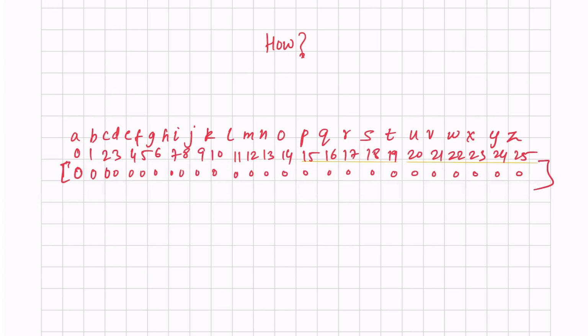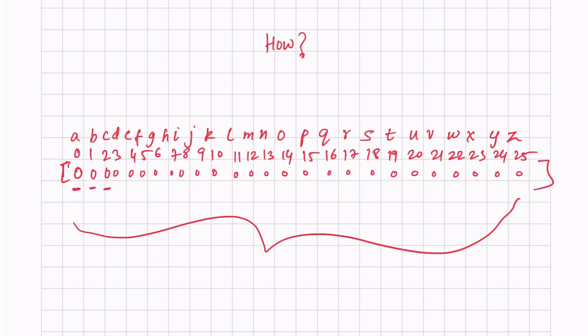So for now, imagine you have an array of size 26, right? Each position in the array is defaulted to a value of 0, and each position represents a letter in the English alphabet, right? So 0 represents A, 1 represents B, 2 represents C, 3 represents D, and so on until 25 represents Z, right? Then, given an input string, let's say S is equal to EAT,